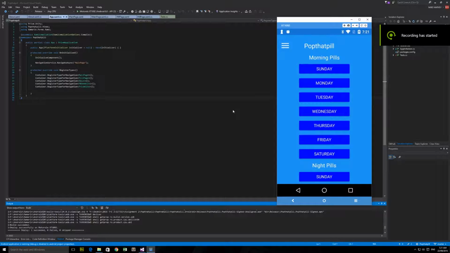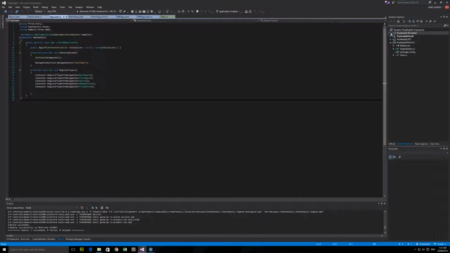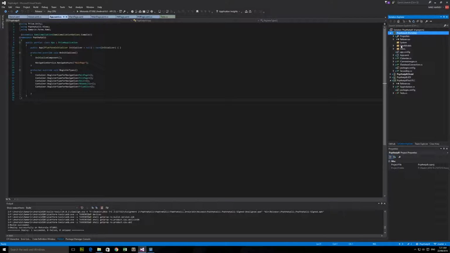Before I demonstrate the application in Android, I'd just like to run through a few things to explain some of the plugins that I used in the application. The primary one would be Prism, which is the MVVM plugin. It does a couple of things. It allows containers to be built, and if we have a look at the portable class, you'll see that there are view models and views, and as you build up your views,